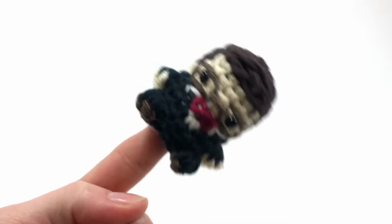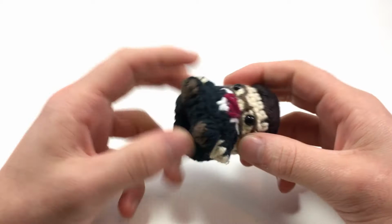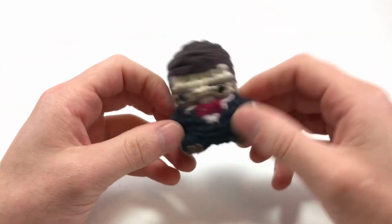Hey there, I'm Louie, and I'm going to be showing you how to turn your little Amigurumi characters into finger puppets. So this is a little Amigurumi version of me that I made with a bow tie for a project